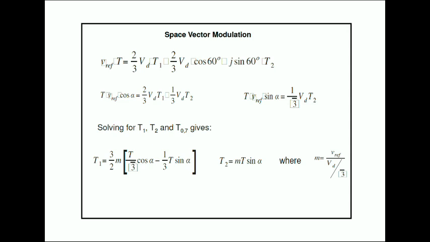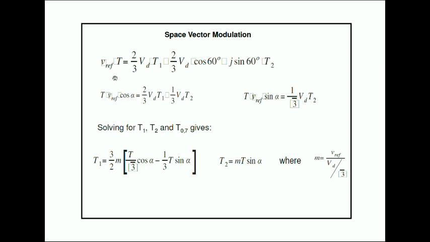Okay, cos 60 is equal to 1 by root 3. Sorry, it is equal to 1 by 3. Cos 60 is equal to 1 by 3 and sin 60 is equal to 1 by root 3. So we can say that v reference,